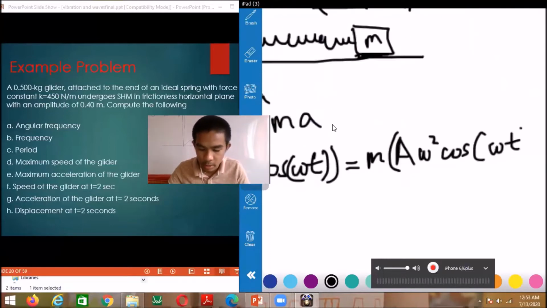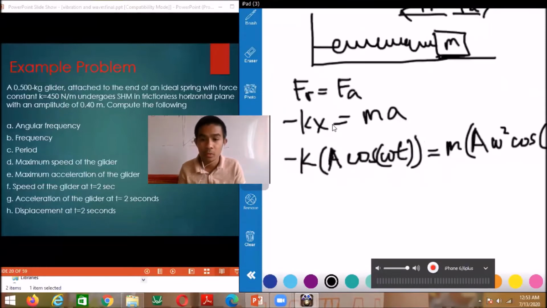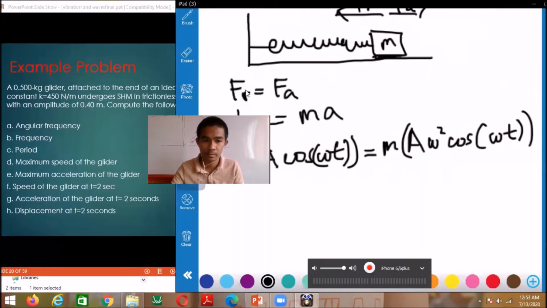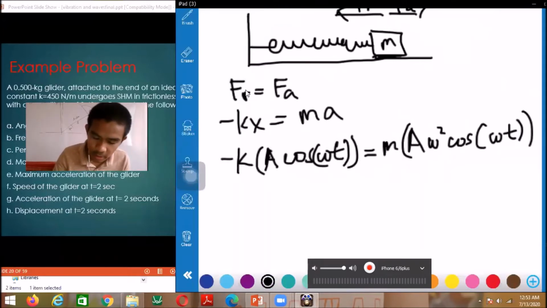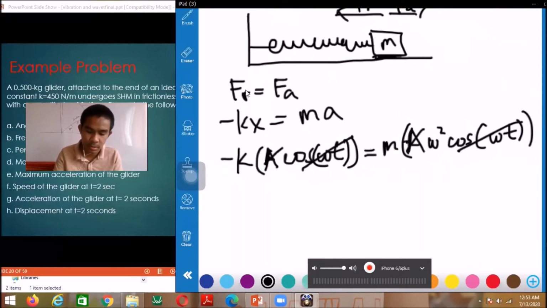Alright. And then we can cancel the amplitude, cosine omega t, and the negative sign. So you have K equals mass times omega squared,